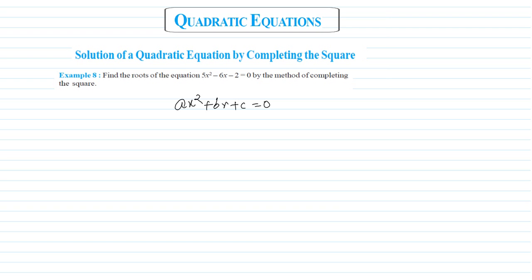Okay, and to make the coefficient of x square 1, we divide the whole equation by 5. So this will become x square minus 6 by 5 x minus 2 by 5 is equal to 0. Okay, and now we have a is equal to 1, b is equal to minus 6 upon 5, c is equal to minus 2 upon 5. Next thing is we need to find